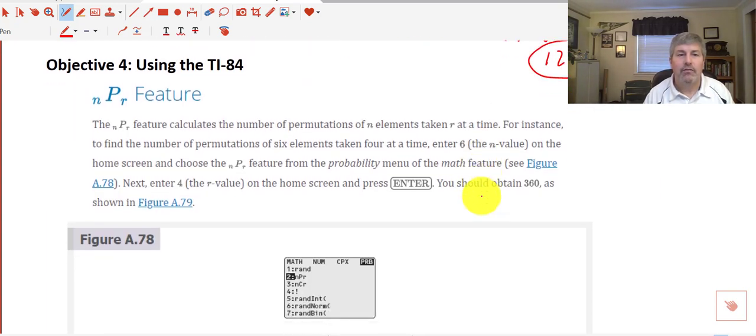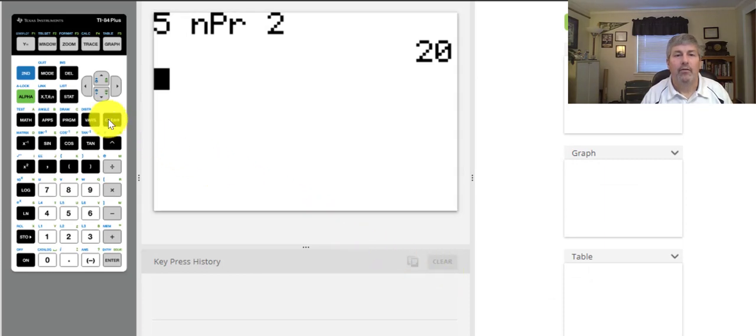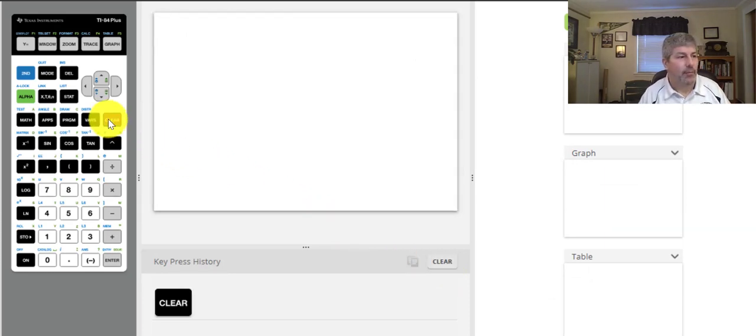In our final objective, we'll take a look at using our graphing calculator, our TI-84. And there is a feature on there for permutations of n choose r. So it calculates the number of permutations of n elements taken r at a time. So I pull up my graphing calculator. We had an example earlier of the president and the vice president out of a coin club of 5 members. So if I wanted to do that with my calculator, I can do the number of